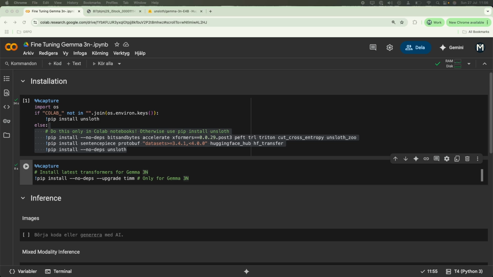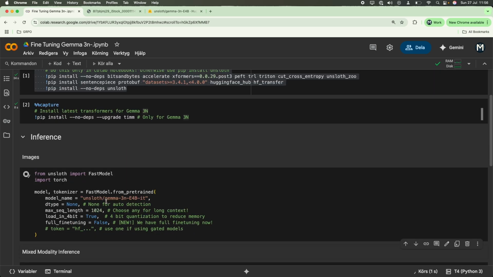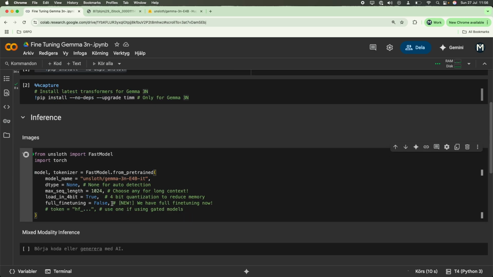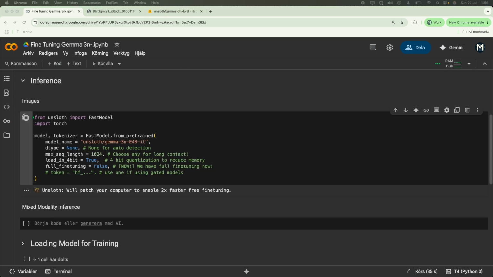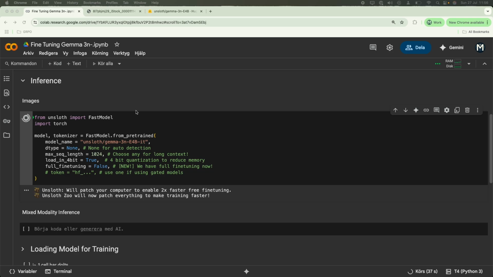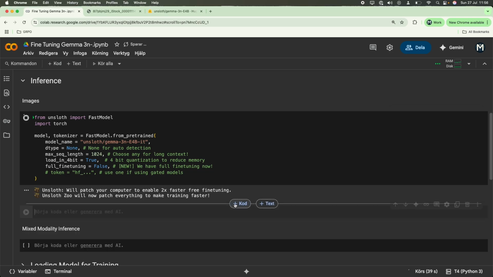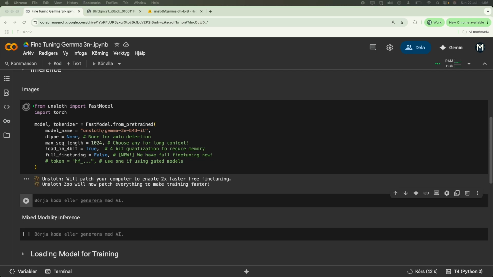Once we do that, now we can load our model for some quick inferencing using TextStreamer. So first of all, we're going to load the model. We are going to load this Gemma 3N 4 billion. Now, please make sure you have your HF token available in your environment like so. While the model is loading, we're also going to define one other function using the TextStreamer package